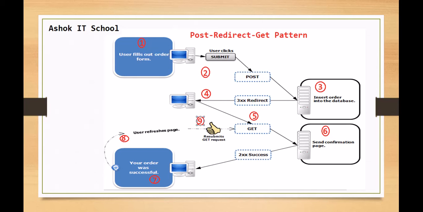Hello friends, welcome back. In the previous video we have seen what the double posting problem is and what the solution for it is. Once the form is submitted, if the end user clicks on F5, the form is going to resubmit, which is going to create side effects. To resolve that problem, we have the Post Redirect Get pattern. Now let us try to understand how to implement this PRG pattern to resolve the double posting problem in a Spring MVC application. Alright, let's get started.